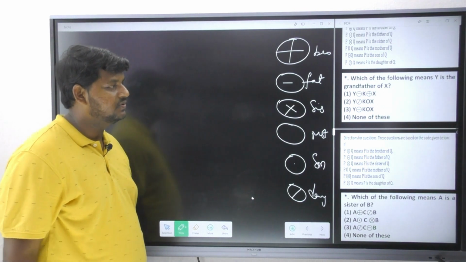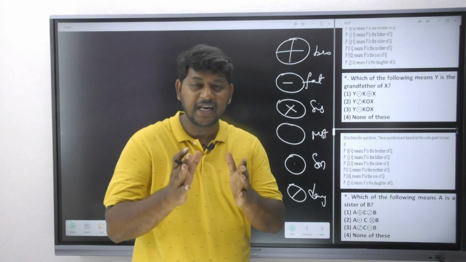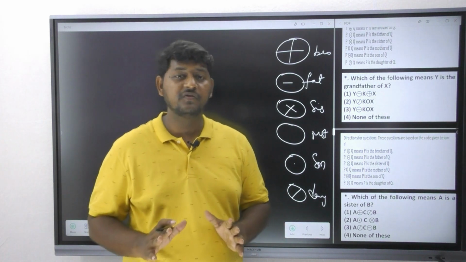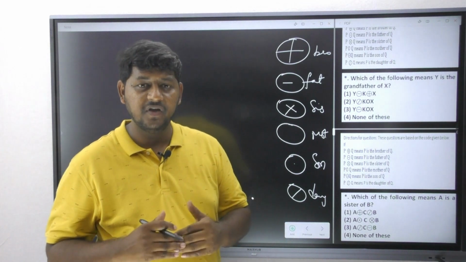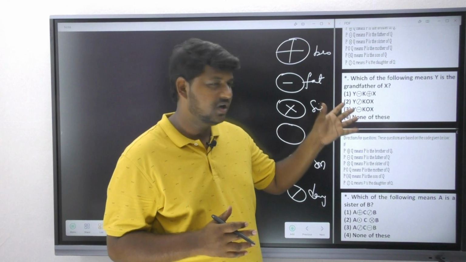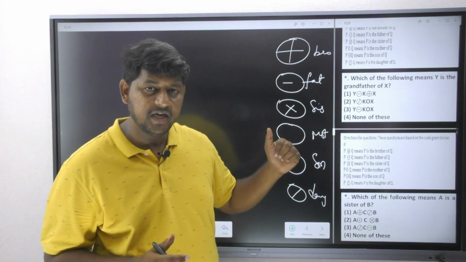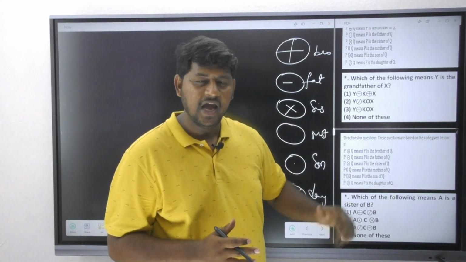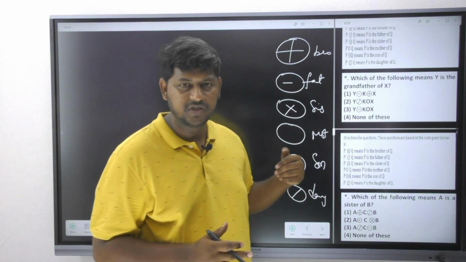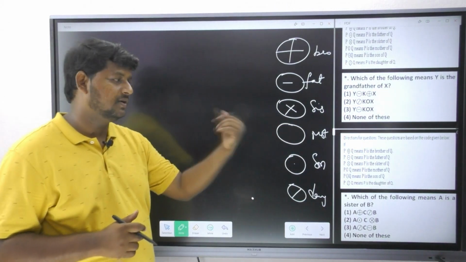So how do you solve these questions? Please observe here, when you are supposed to solve these questions in examination, give the least priority because it takes a lot of time in your exam. Always give the least priority. If at all you have time left, you can come back and solve them. Do not try to go with these questions first because they are definitely going to waste your time. It is better you leave the question initially, gain some time after solving the other questions, and then come back and attack the question. And also always attack the question from your last point, I mean the last option, it is best.